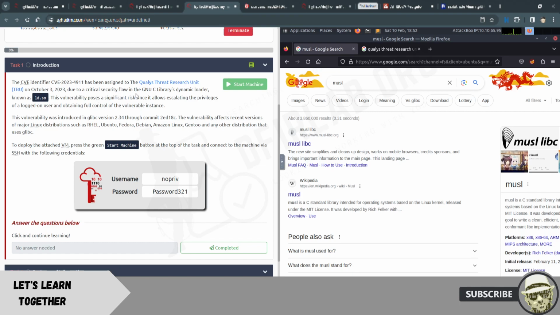critical security flaw in the GNU C Library dynamic loader, known as ld.so. This vulnerability poses significant risk since it allows escalating privileges of a logged-on user and obtaining full control of the vulnerable instance. This vulnerability was introduced in